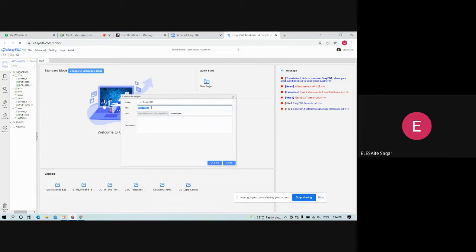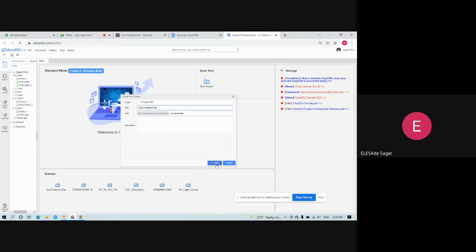and here you need to give the project name, like I'm giving astable multivibrator. And here you can write the description of your project.